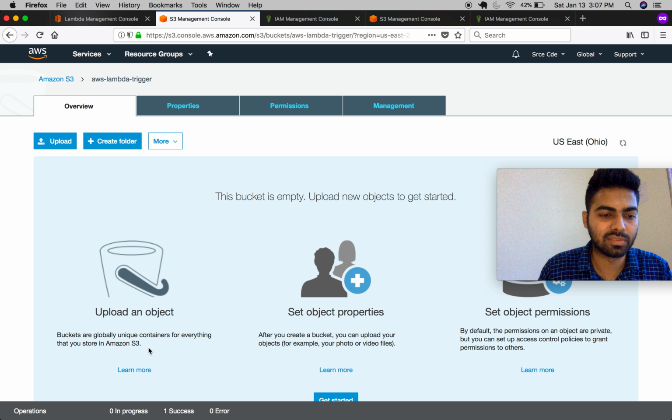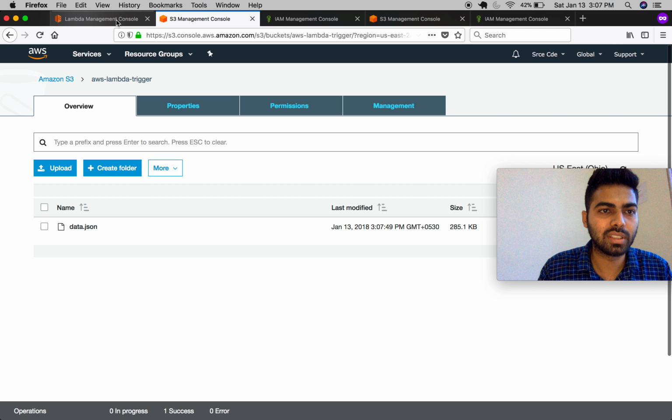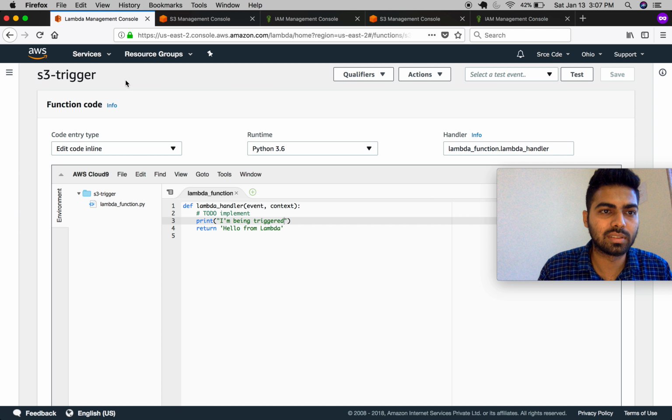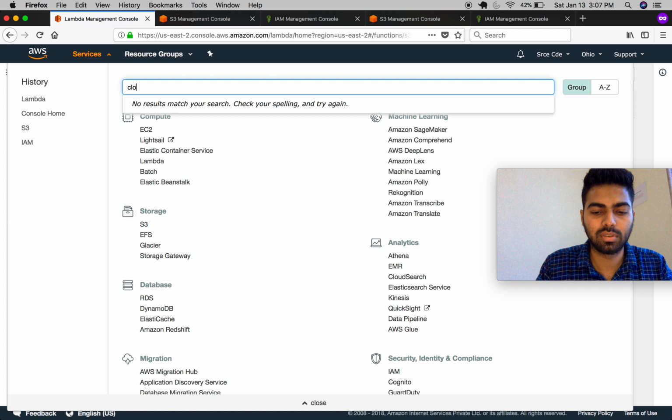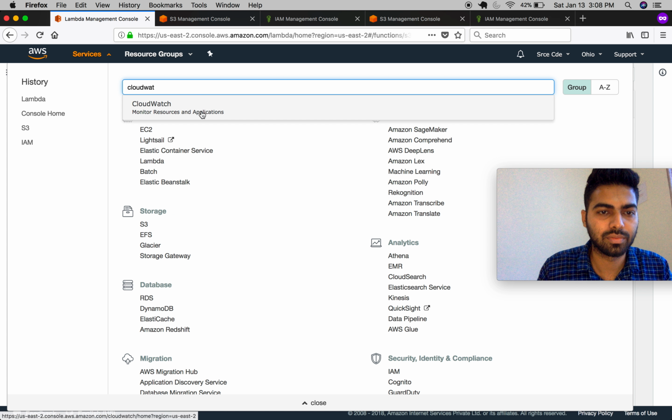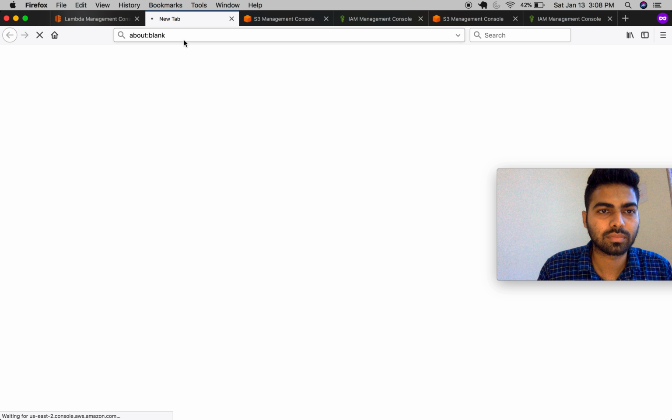The file is successfully uploaded. Now to see the output of this Lambda, click on services, navigate to CloudWatch. It's taking a bit.